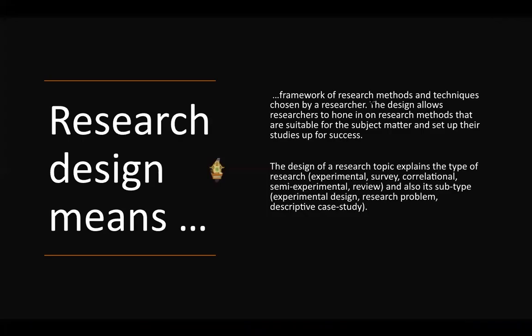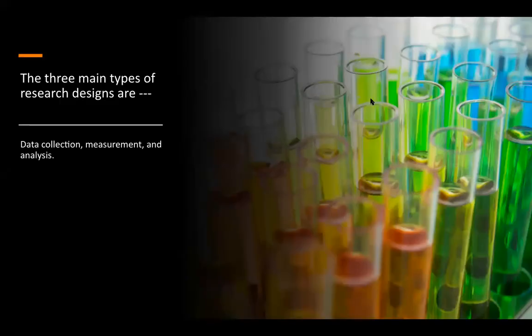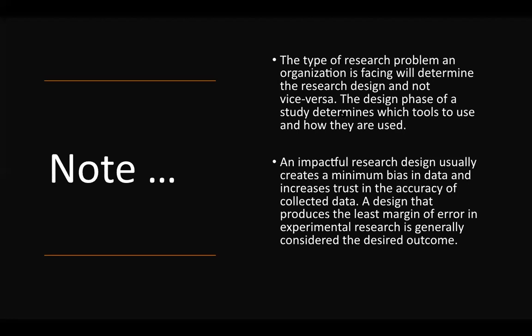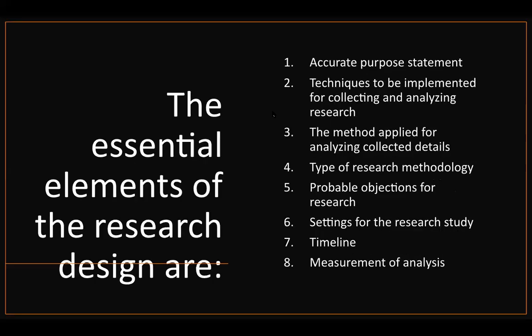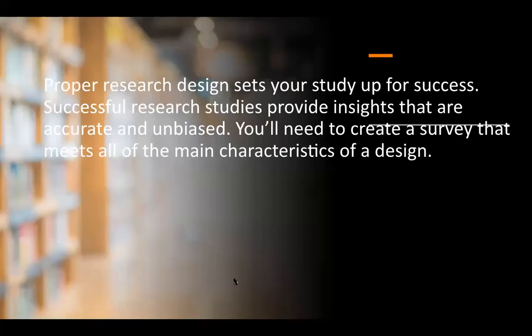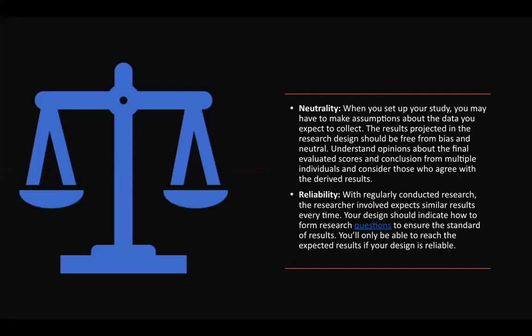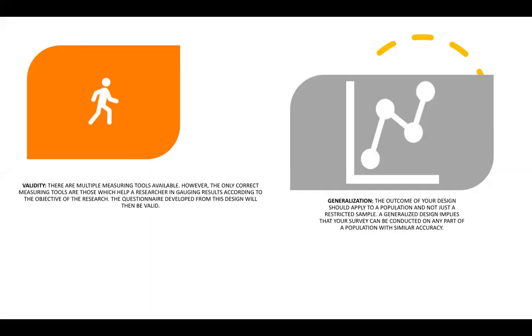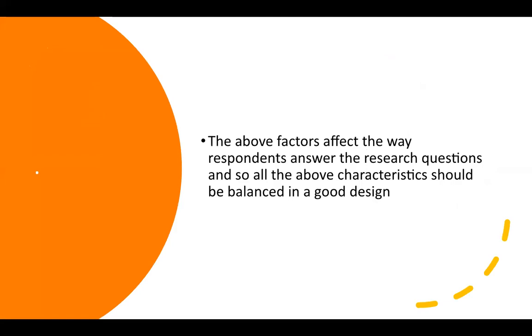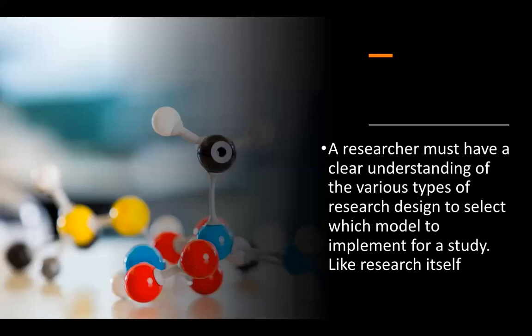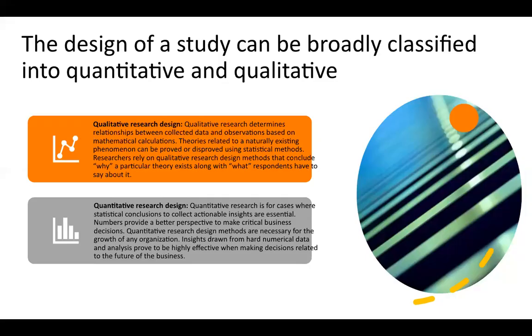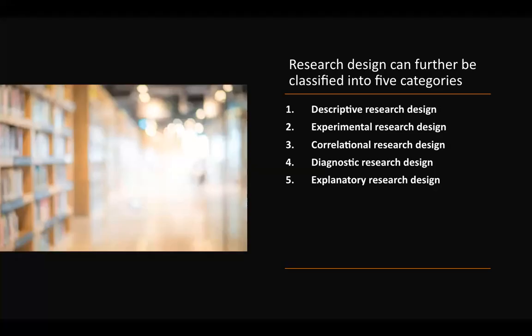What is research design, right? We saw the meaning and then we saw the types of research designs that can be done, like data collection, how analysis can be done, etc. And then we spoke about why it is required, what the essentials of a research design are, what the features of a research design are, and then we saw what validity and generalization are, and how it should be applied, and what the different types of research design are,